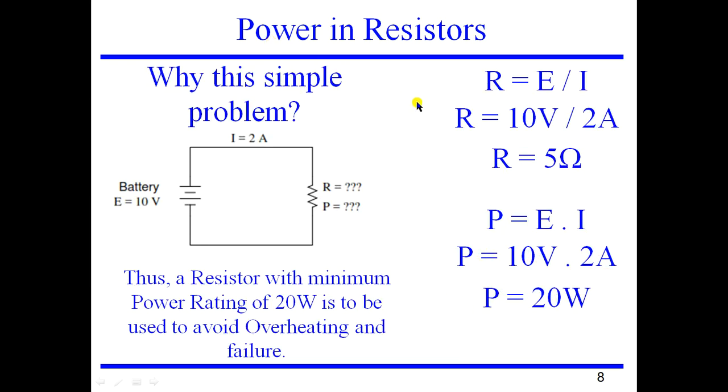So the concept that I wanted you to understand over here is resistors. Connecting it in a circuit is not that easy, or it is not that simple. You just need to understand the main concept that you have to have a minimum power rating, and that is why you will be using the power formula over here.